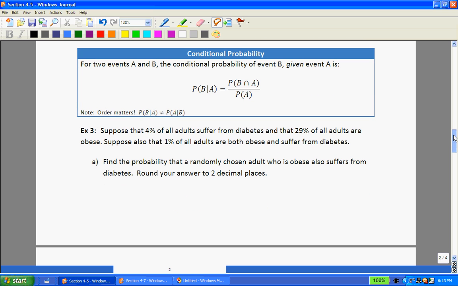Part A. Find the probability that a randomly chosen adult who is obese also suffers from diabetes. Round your answer to 2 decimal places. Before we worry about that probability, let's write down the information that was given to us. Now they said that 4% of all adults suffer from diabetes. I'm going to let D represent diabetes. So the probability that a randomly chosen adult has diabetes is